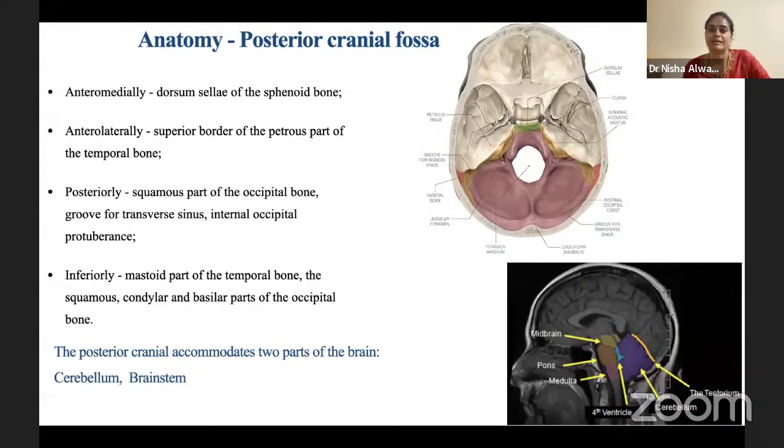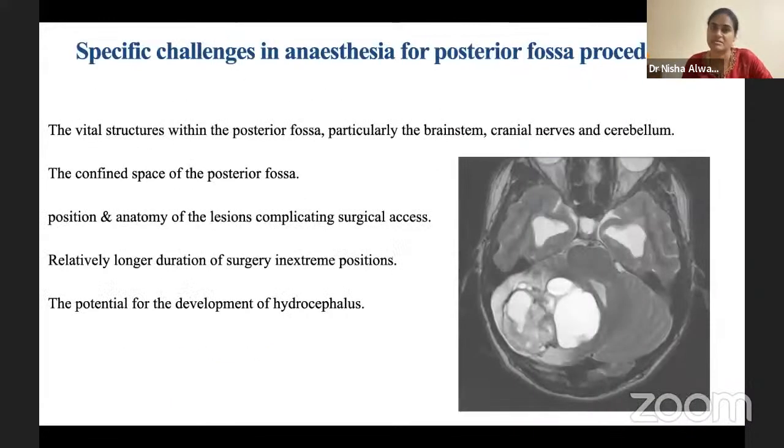As you can see over here, the posterior cranial fossa is the deepest and largest. The unique anatomy is that all the contents, the vital structures, are almost in this confined space. Because the important structures are present in such a confined space, it is such a huge challenge. The vital structures within the posterior fossa are the brainstem and cranial nerves,